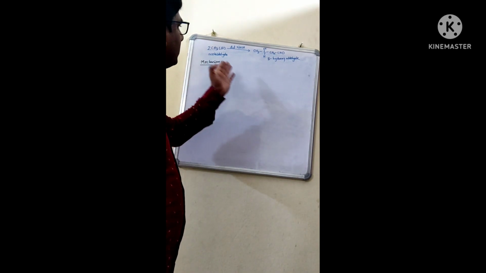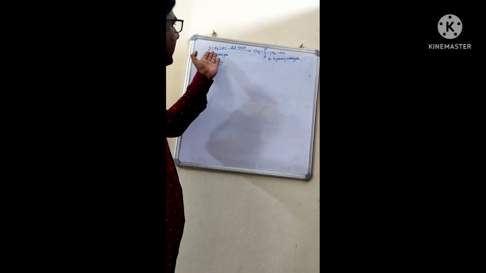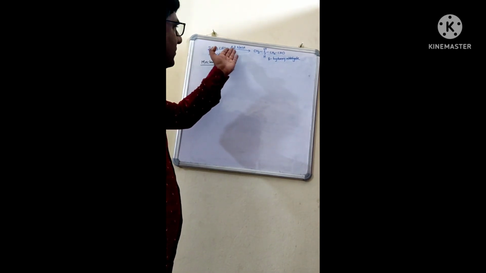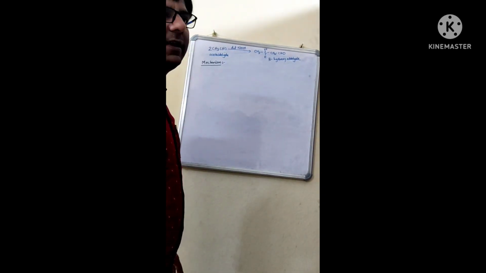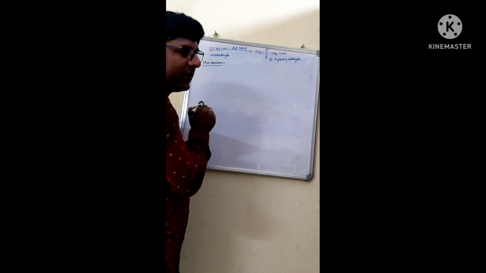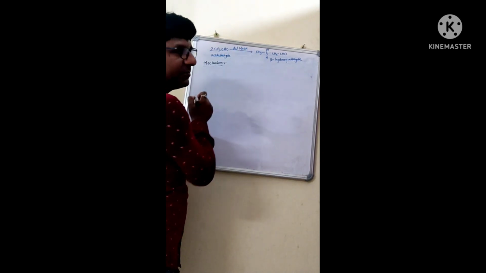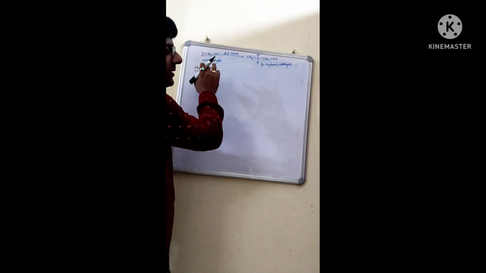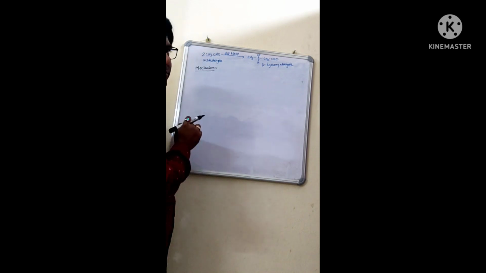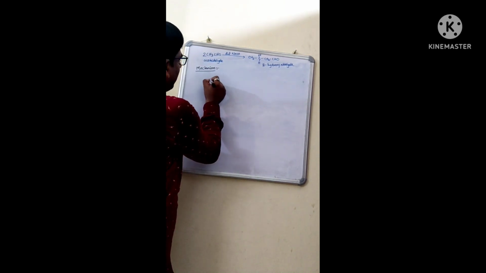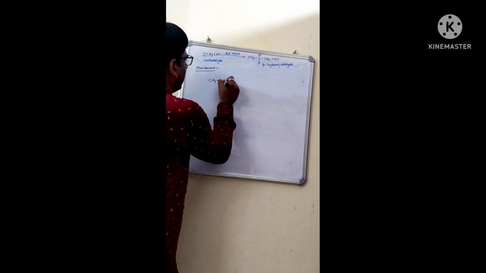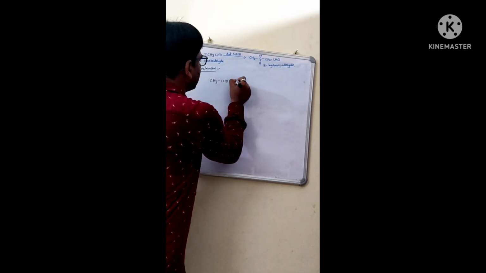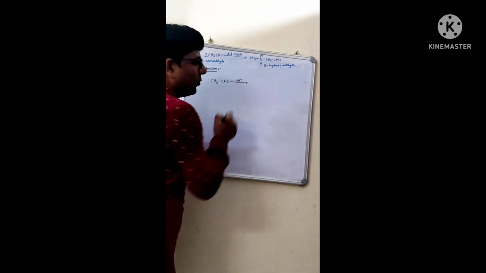Now we will see the mechanism, how this reactant is reacting with the aldehyde in the presence of this dilute NaOH, and how it is giving the product beta hydroxy aldehyde. Now in the first step, what will happen? I told you the role of this base, that the base will abstract the acidic alpha hydrogen. Now here we will take one molecule of acetaldehyde, CH3CHO, in the presence of what? Base, that we will take as OH minus.